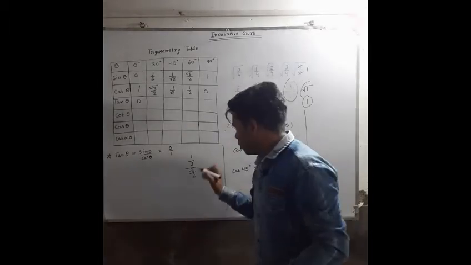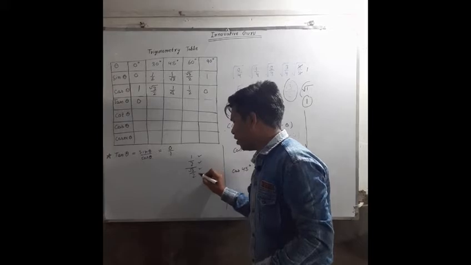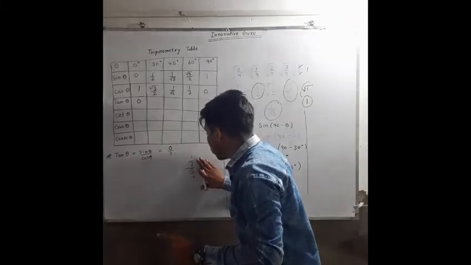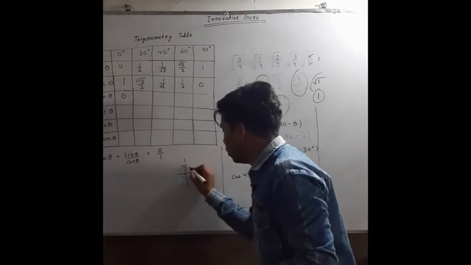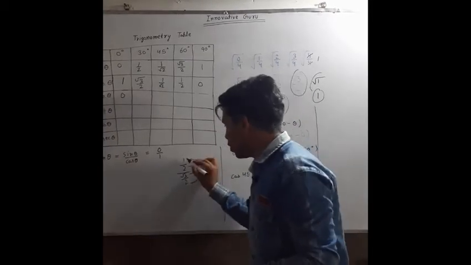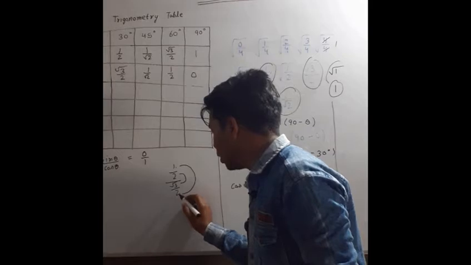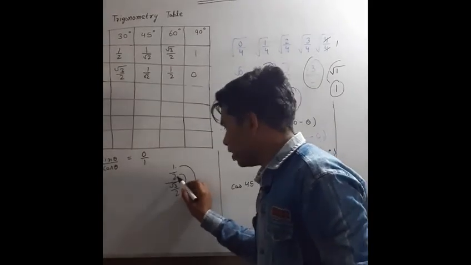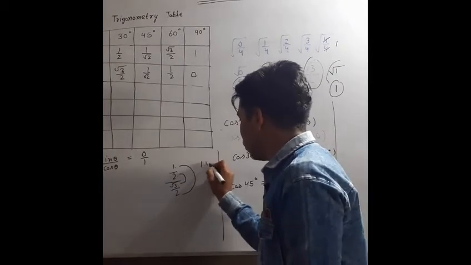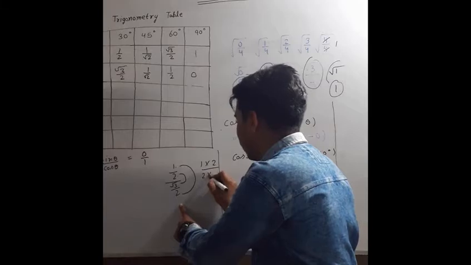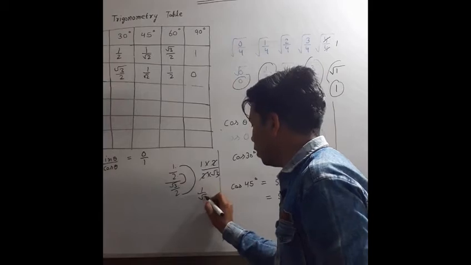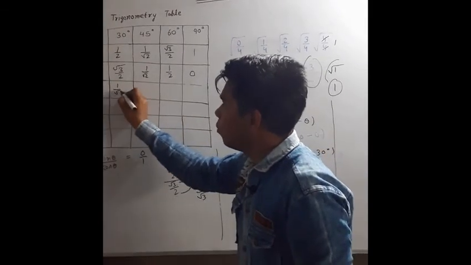How will you divide? There are 4 numbers, sir. It's very difficult. We cannot solve this kind of equation. So there is a method how to solve this kind of equation. This is the way we can solve it. Make the arrow like this. The first digit should be multiplied by the 4th digit, and the second digit multiplied by the 3rd digit. So 1 multiply 2, 2 multiply root 3. Now cut this. What is the answer? 1 by root 3. 1 by root 3.